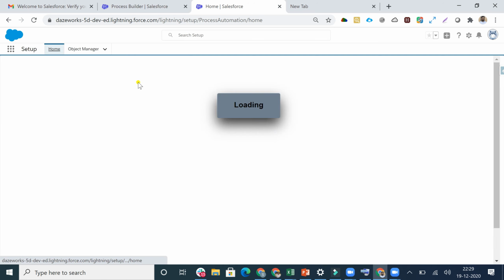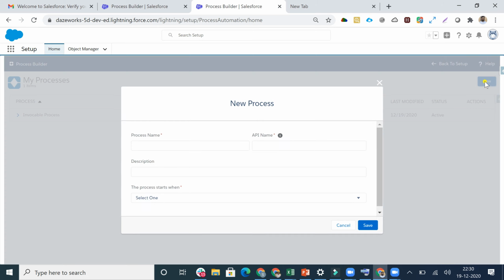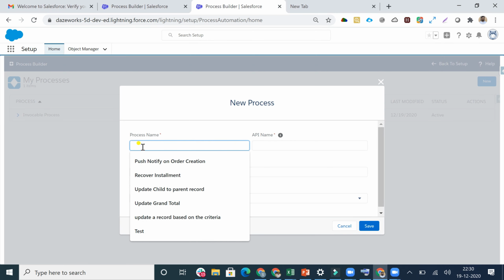Whatever process builder I am creating now, I can call the previous process builder, that is the invocable process which I have built. So I'll be creating a new process builder,